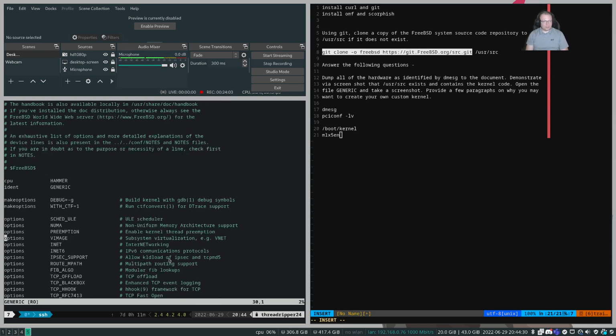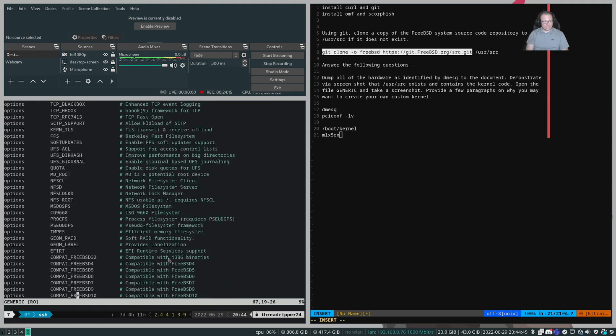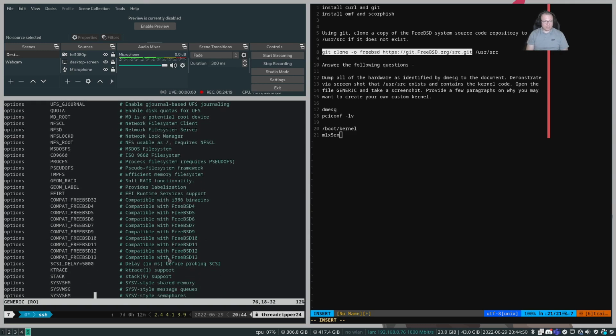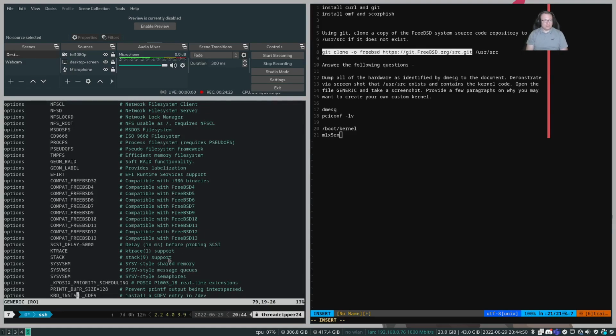If you want to enable preemption for kernel thread preemption, you can turn that on or off. Networking, you can turn that on or off. There's a handful of other things here, disk quotas, making sure items are compatible with different systems,